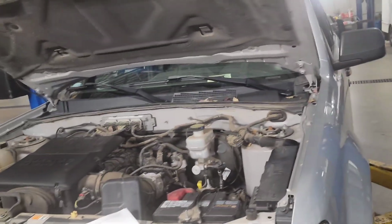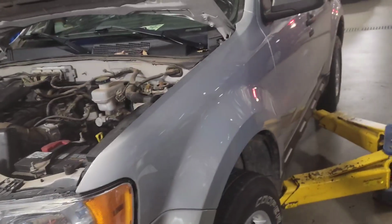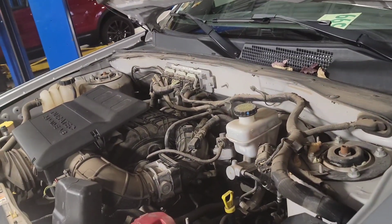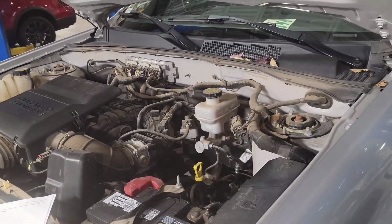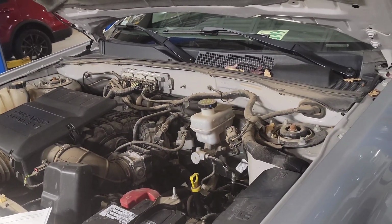Customer came in for two concerns. This is a 2012 Escape XLT 3.0 liter 24 valve Duratec. They said they lost power steering at one time, but then shut the vehicle off, turned it back on, and it never happened again. They also said they have an excessive amount of oil coming from the bottom of the vehicle, and I have confirmed the bottom of the vehicle is